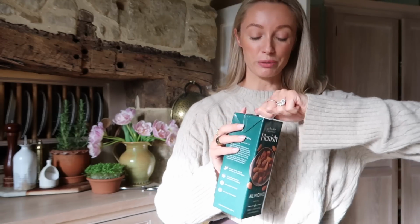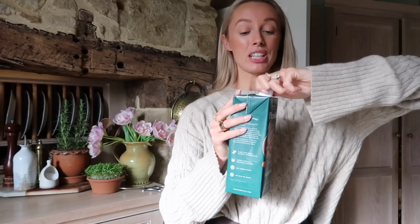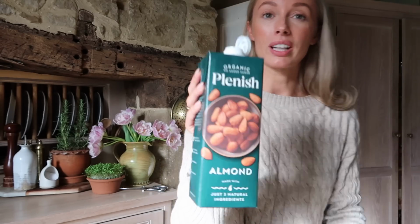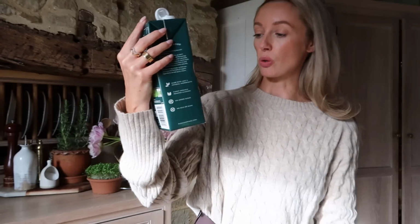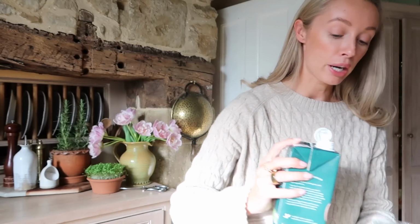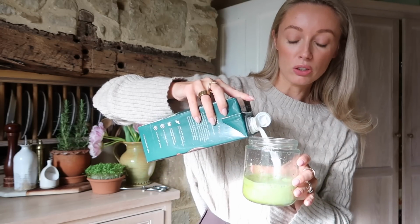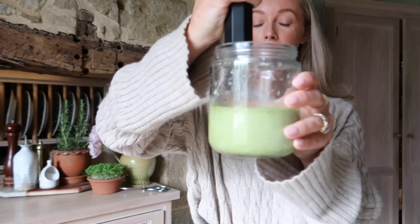Now I'm adding some of my favorite milk. In my coffee it's obviously oat milk, but in matcha I love almond milk, and this one is the Plenish organic. It's kind of annoying because it's only 3 ingredients and I know that I could make this so easily, but I don't. So a splash of almond milk, another little mix,